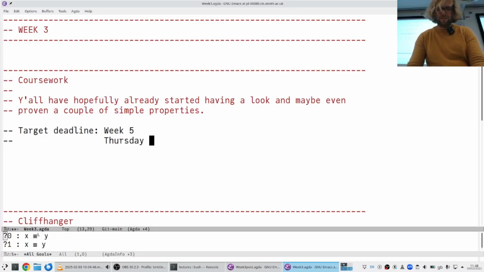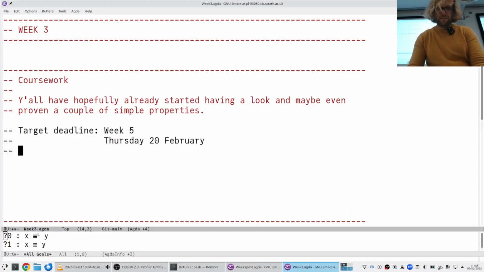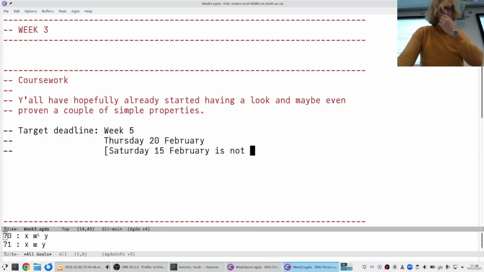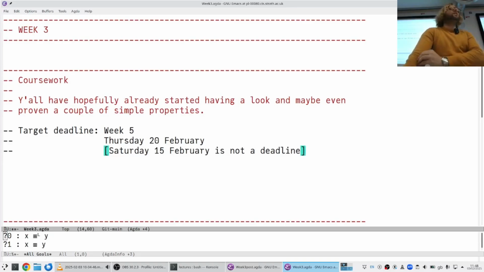Originally there were 3 hours of lab planned, but in our experience it's not needed, people just don't show up. But if you do need extra hours of lab, just send us an email and we can schedule some additional ones. Actually, they're already scheduled. We can just show up to the lab on that day. Yeah. So Saturday, 15th of February doesn't exist. Yes.